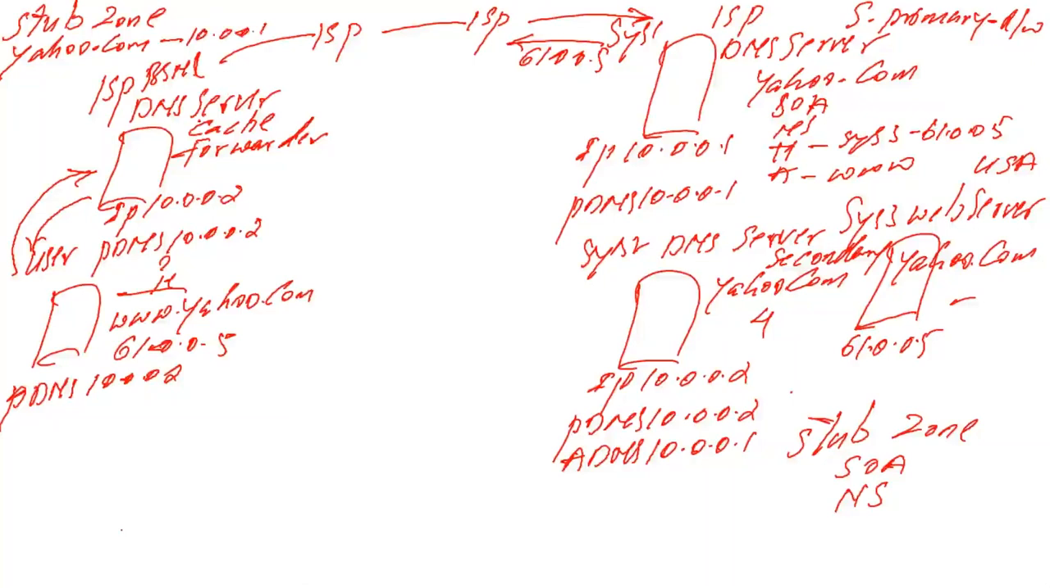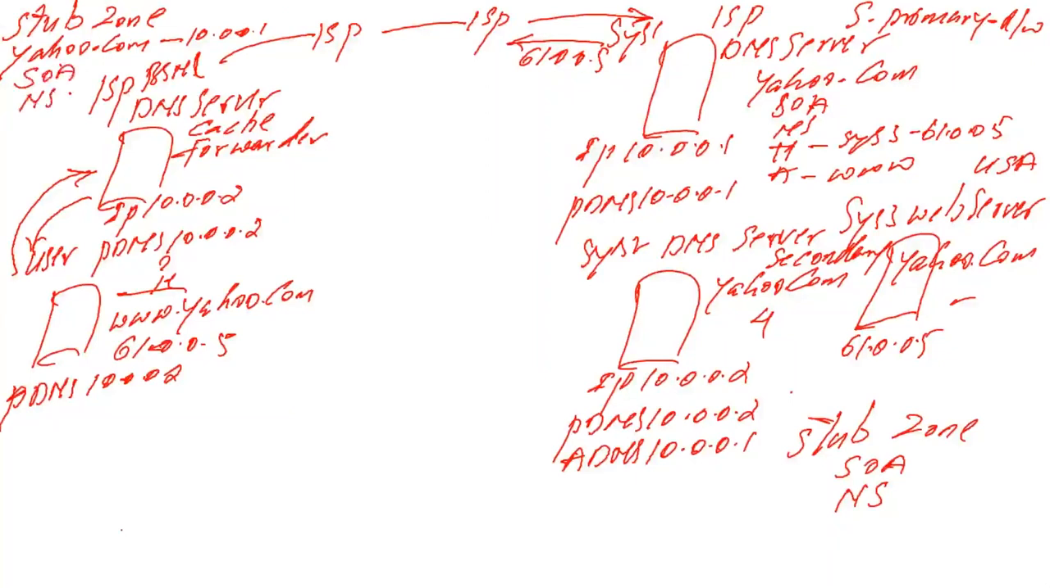Click OK. And after that, we don't need to update the records. We don't need to go to zone transfer. We don't need to do anything. Just click OK, and after clicking OK, open this zone. Once you open this Yahoo.com stub zone, you can find automatically 2 records, the SOA record and